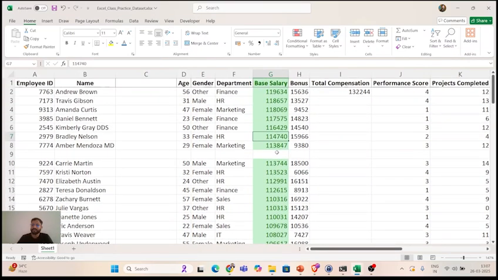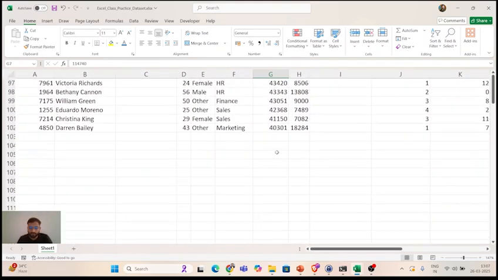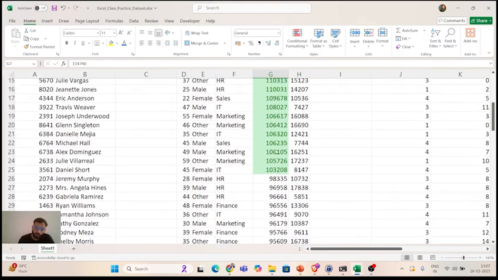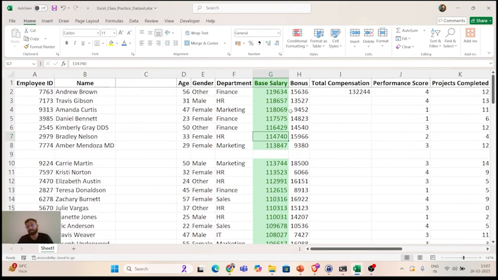So now why is this useful? Why do we use it? Let's say currently you have only 100 rows. This is a sample data set so that we can visualize things also. We can understand what we are doing. But in the real world, you might have lakhs of rows. Now, if you want to highlight some important things according to your use case, you can use conditional formatting.